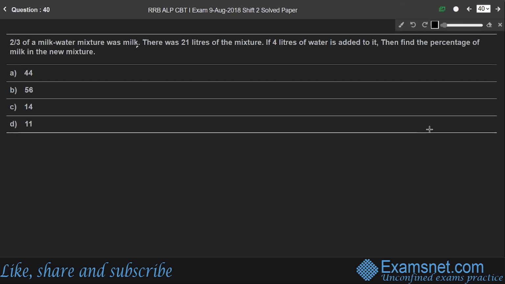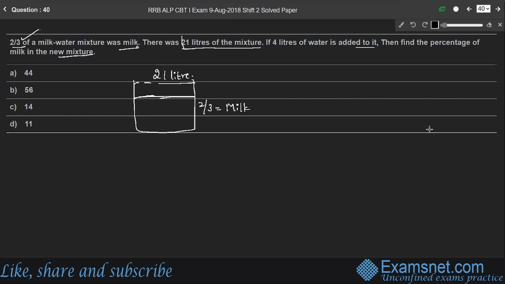Question number 40. 2/3 of a milk water mixture was milk. There was 21 liters of the mixture. If 4 liters of water is added to it, then find the percentage of milk in the new mixture. So students, there was 21 liters of the mixture. So we'll consider the first mixture, right? Which has 21 liters. The volume of the mixture is 21 liters, in which 2/3 of the mixture was milk, right? So the volume of milk is 2/3 of 21 liters, right? And the remaining part is water,